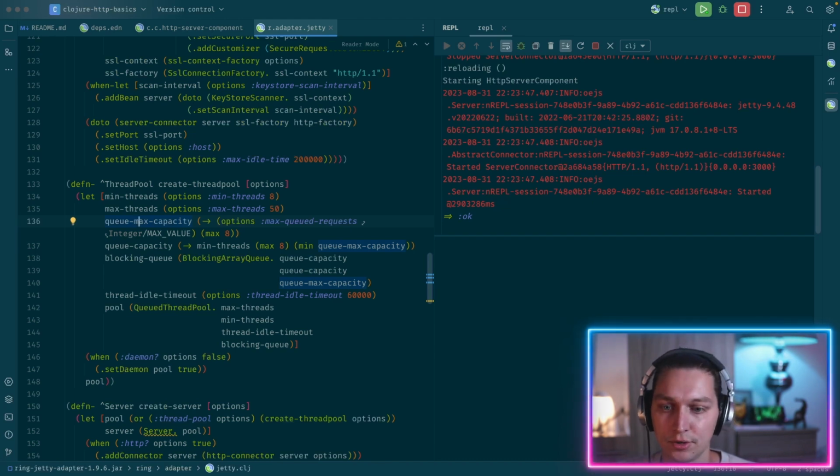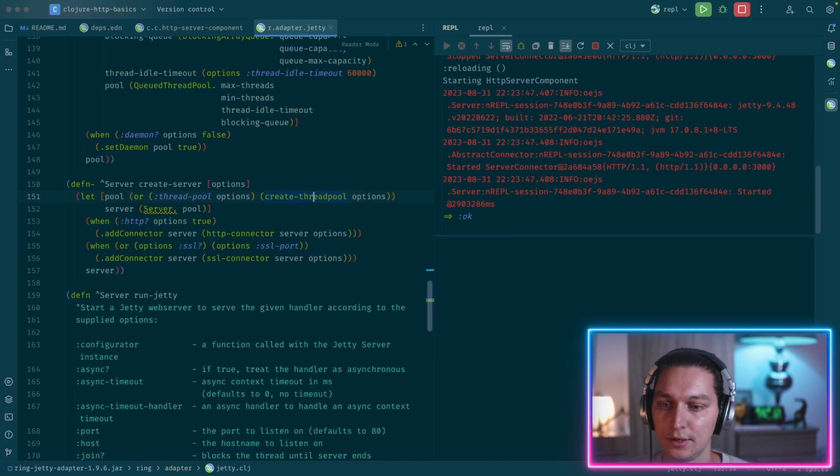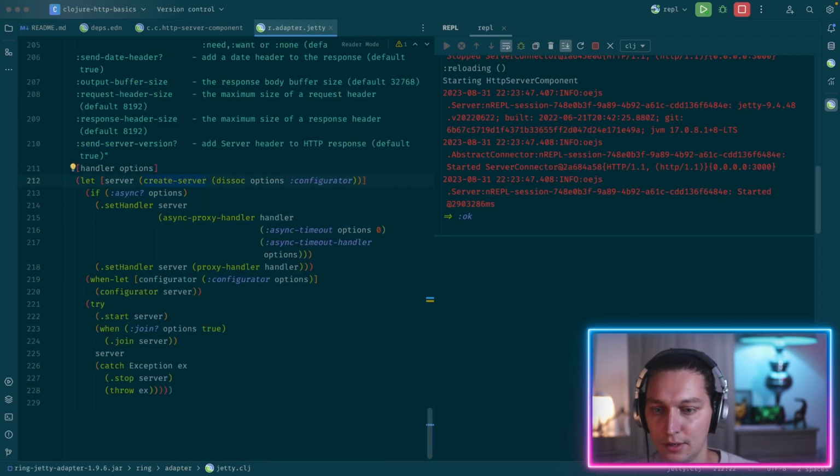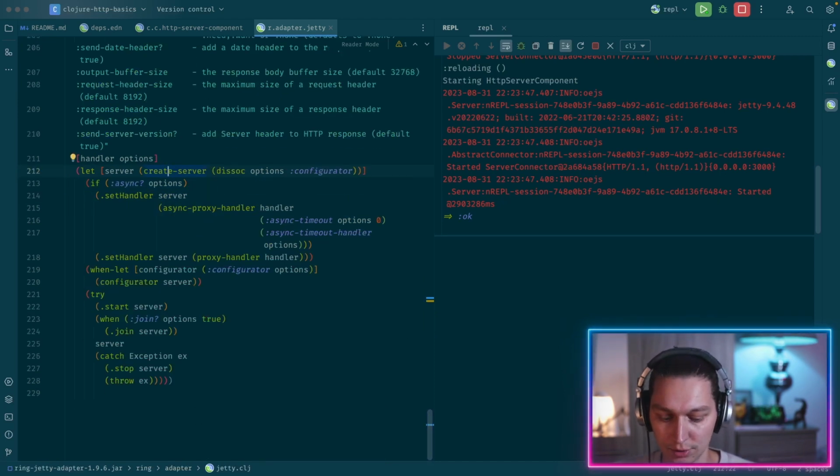But if you don't have too much traffic, you don't care about that, to be honest. So we created this thread pool, and after that we create a Jetty server here, and we basically have two options. One is to just enable the plain HTTP connector, or if we want an SSL connector, we can configure it by this parameter. But basically this will be the default, and it will start the handler on the specific port that we